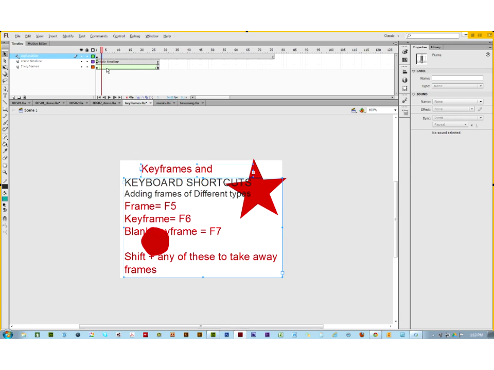So now I'm going to hold the Shift key down and the same F5 keyboard shortcut to erase those frames. So here I go, there they go, and I just keep on going with my Shift and F5 key to remove those frames. Okay, so if I wanted to add keyframes,